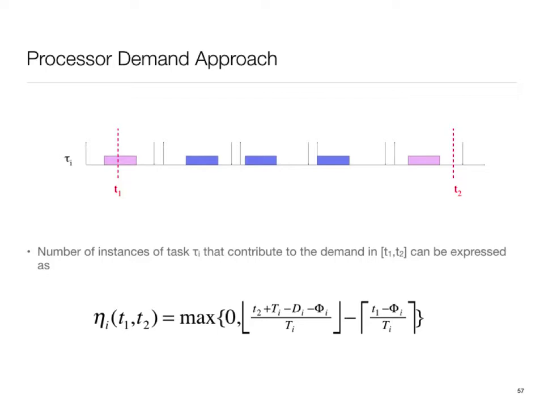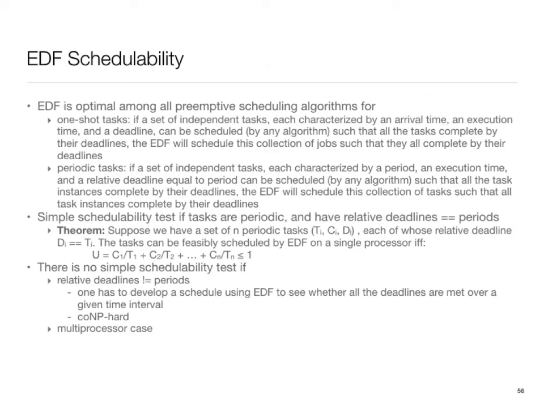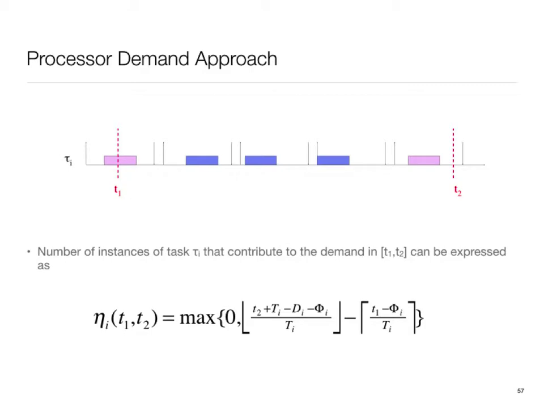And what we are going to do is compute how much demand there was for the processor during that time interval. In effect, I need to find out how many instances of a task would be there during that time. So if I'm looking at a task i, and these were the different instances that came,